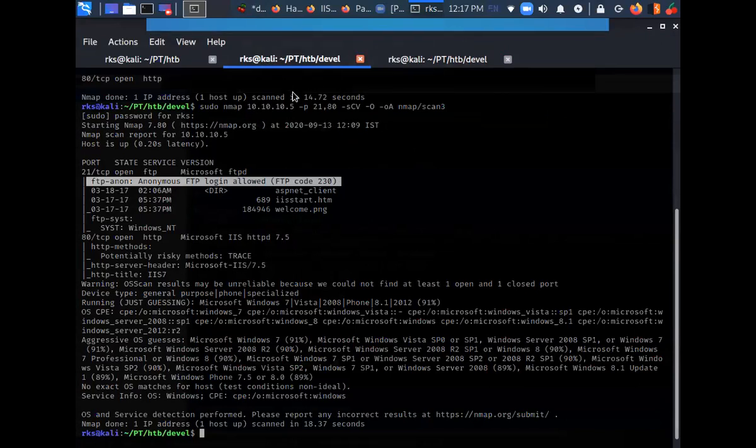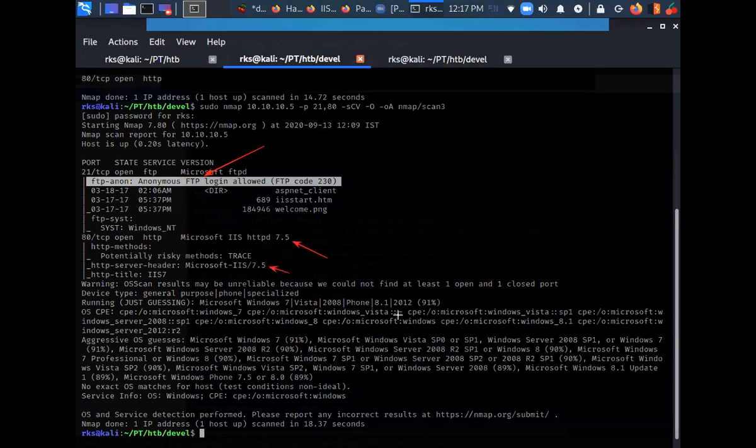Okay, so let's try to mark this thing. FTP anonymous login is allowed here. Okay, and another thing is that here Microsoft IIS version is 7.5, which is being shown.